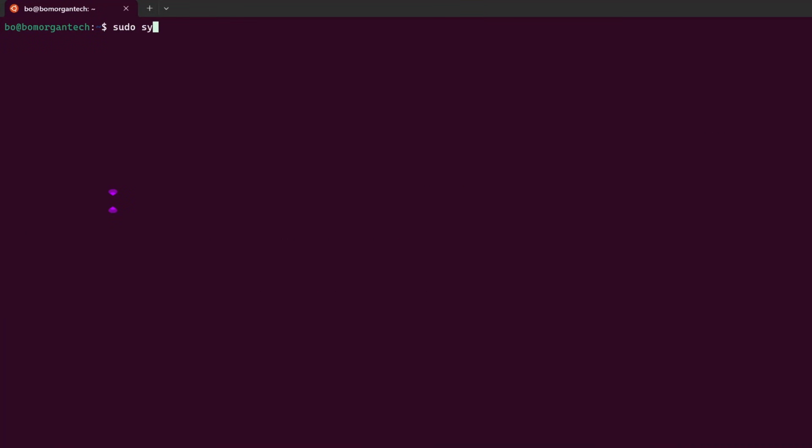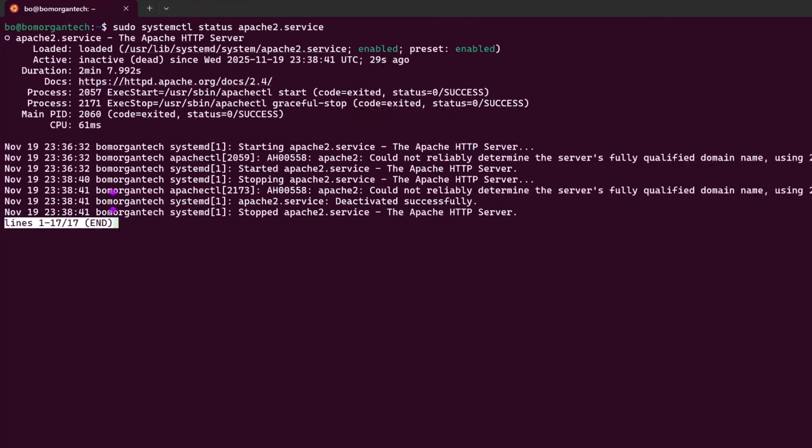So if I go back and I do systemctl status Apache 2, you may have noticed this enabled option over here to the right. This means that the service will start automatically if the server was ever to restart. So for an example, right now the service is inactive, but I have it enabled. So if I was to reboot the server real quick,